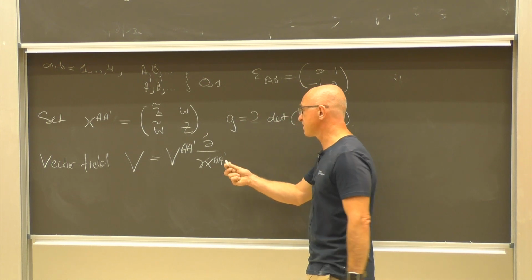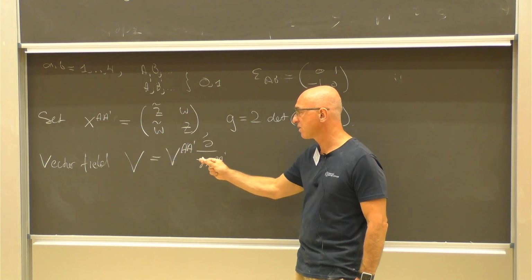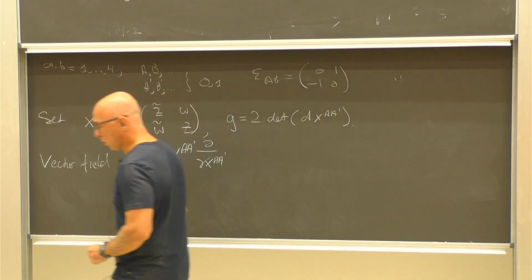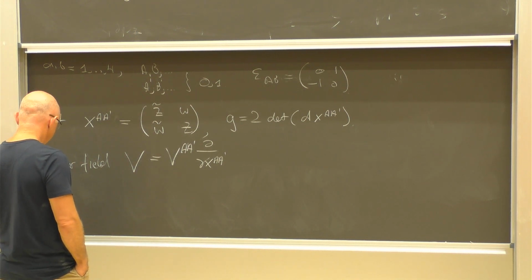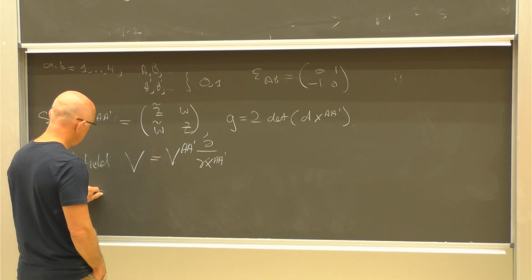And the norm of this vector field, using this formula, is just the determinant of the matrix of its components. So in particular, a vector field will be null with respect to the Minkowski metric if this determinant vanishes. So G of V and V equals 0